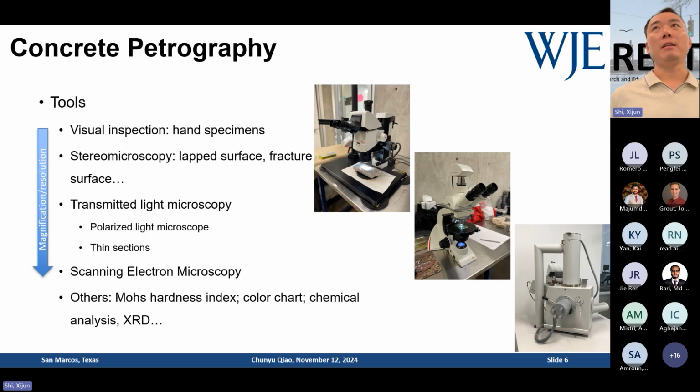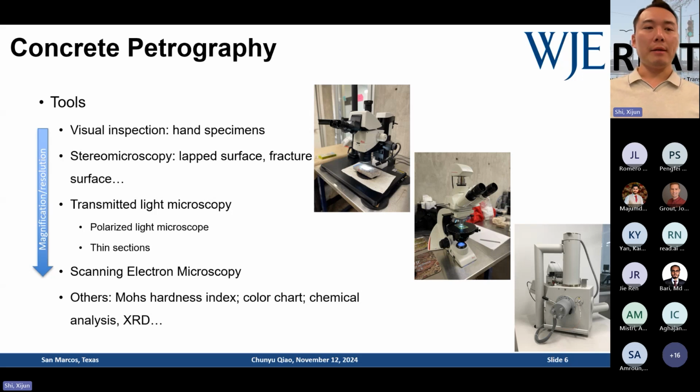For example, delayed ettringite formation, because we want to look at the ettringite needles. They are several or multiple microns, small or big. Normally optical microscopes cannot really see that much detail. So you need SEM to look at, let's say, 1,000 times or 2,000 times or even higher. Those are the three major tools we use, but we are not limited to just looking at concrete microscopically. We also use other material characterization tools to assist our observations or